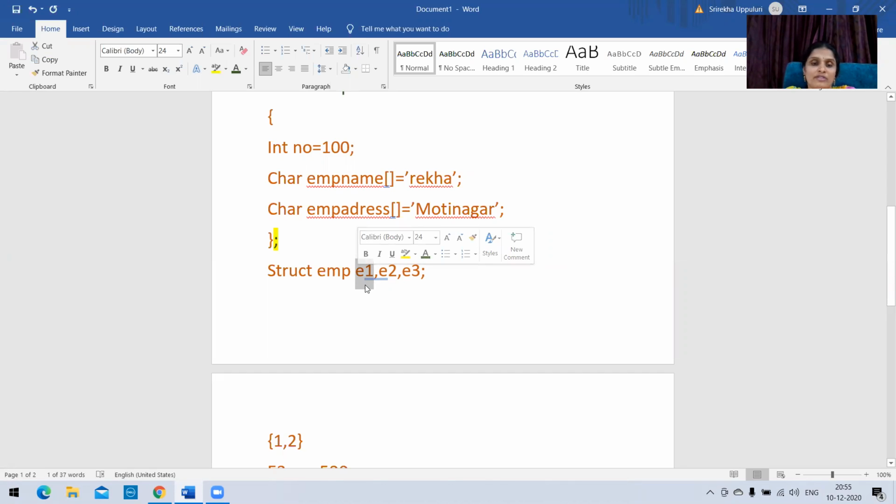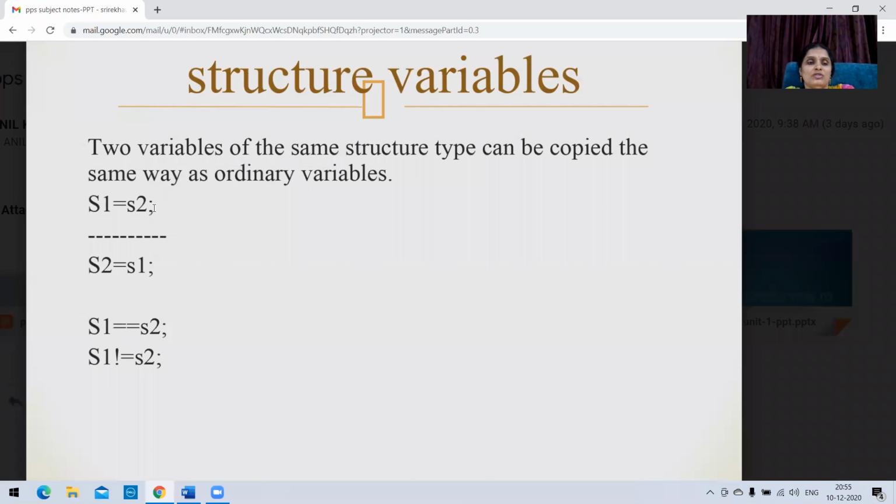The employee had resigned and was no more in the working space. He is not there. So I have to go to E2. I will give E2's number to E1, and E3's number to E2, something like this. In these scenarios you want to copy the numbers of the employees, right? So in such cases you can copy the values of